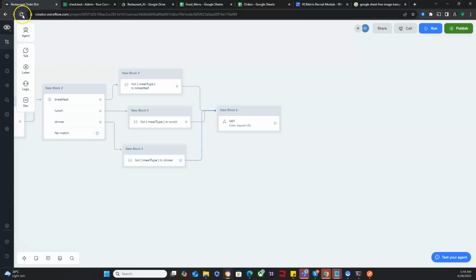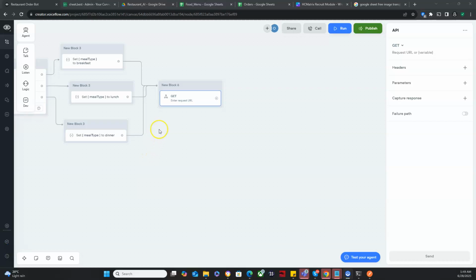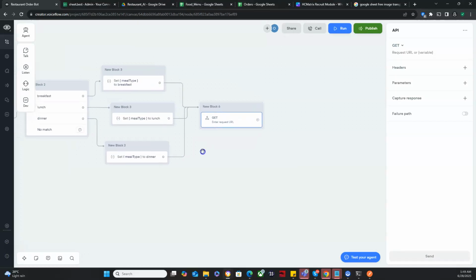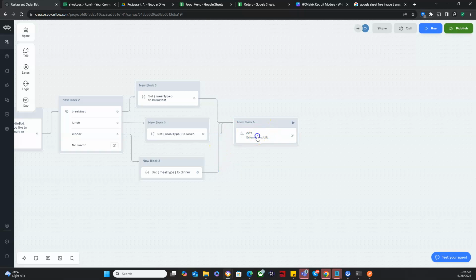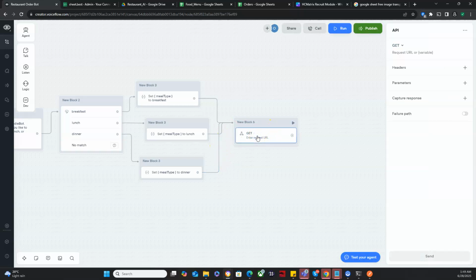okay, I think I have to reload again. Don't know what's going on with Voiceflow. Okay, now we can see here that we've connected everything. Now let's configure our get